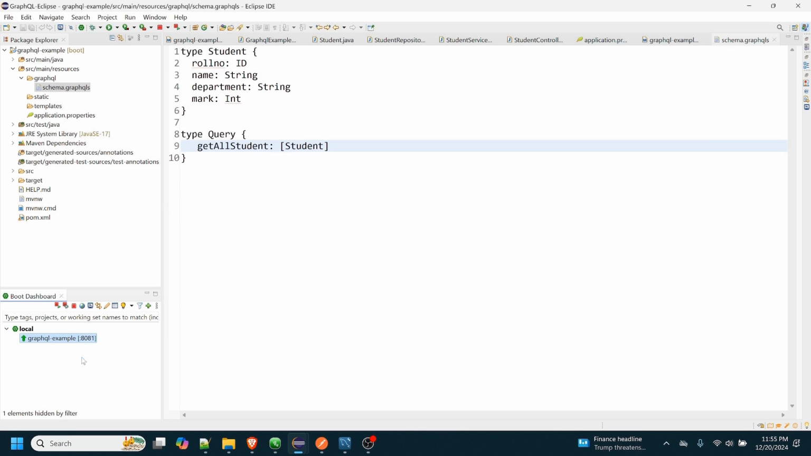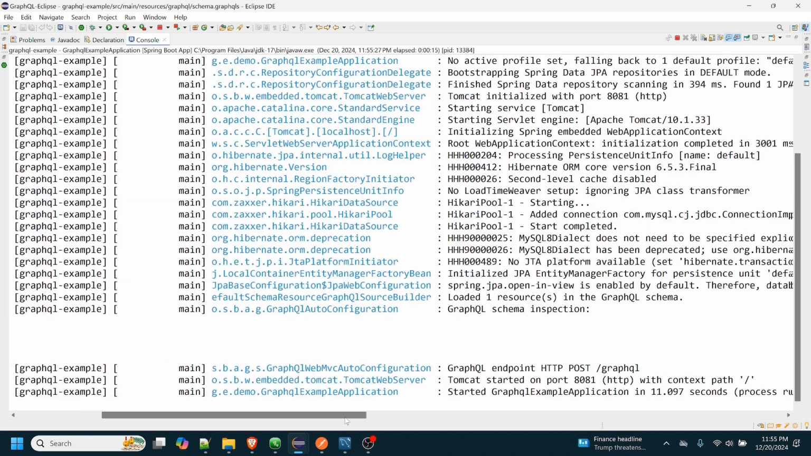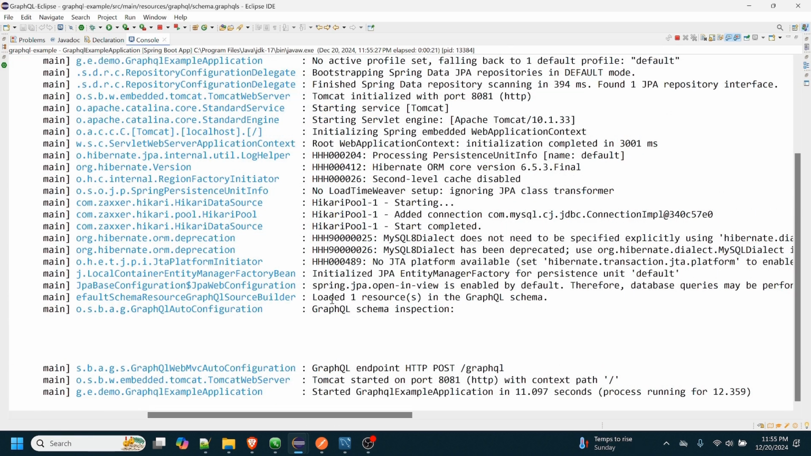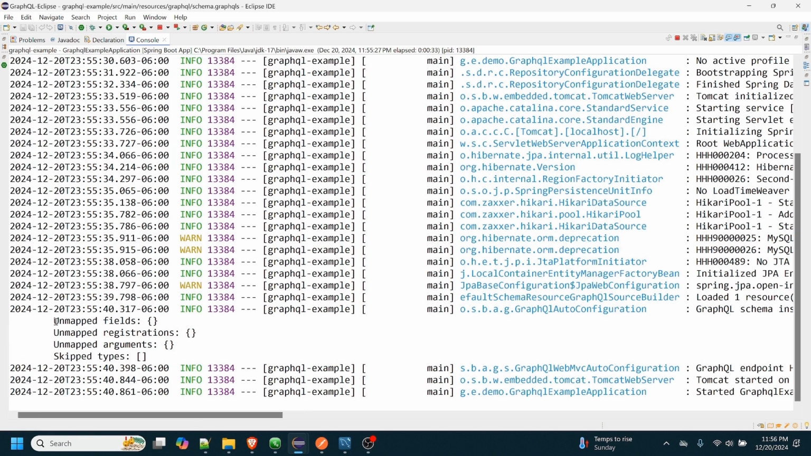Okay, let's restart the server. If you closely look at the console output, you can see this, right? Loaded one resources in GraphQL schema. It means the schema.graphqls file loaded into the GraphQL server. So the GraphQL server inspected the schema, and also we need to make sure that within this unmapped fields angular